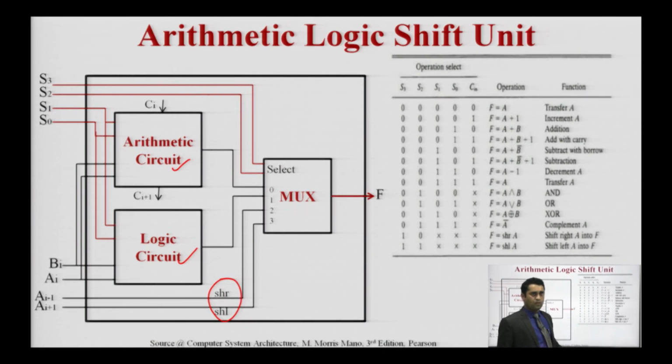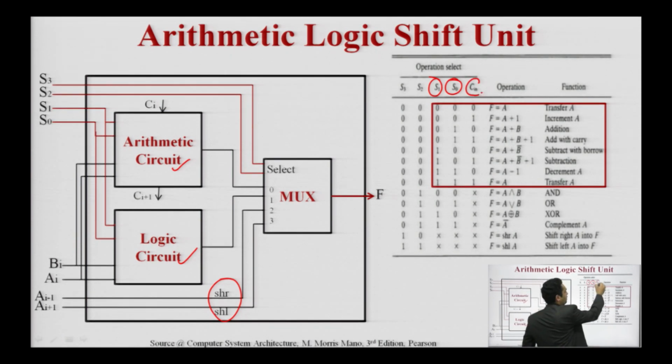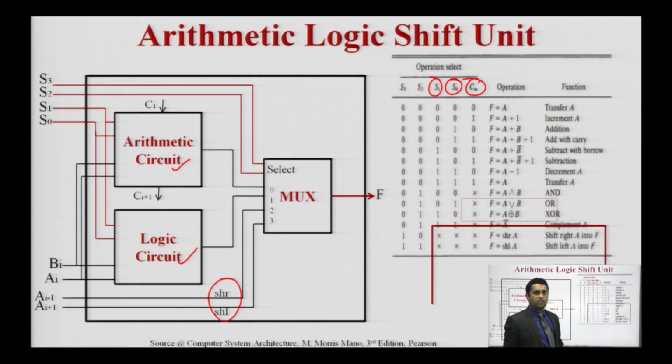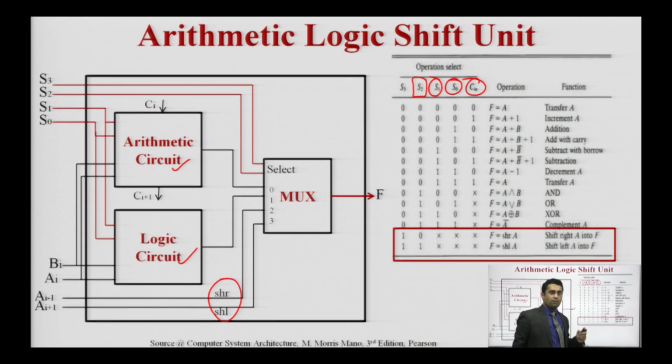If I derive with the help of the examples which we have discussed in all three components, this is a summary. If I am only using S0 and S1, this is basically carrying the arithmetic circuit. All operations are carried out under the arithmetic one, these 8 operations, because these two are the selection lines and this is a carry. When we are talking about the next one, this is our logical one. This logical one takes another selection line, S2, and the next one is our shift one, which carries the next selection line.